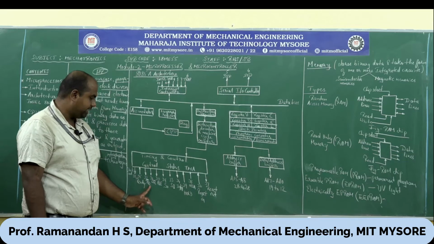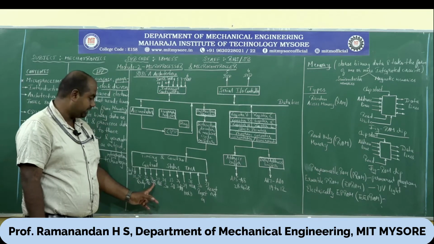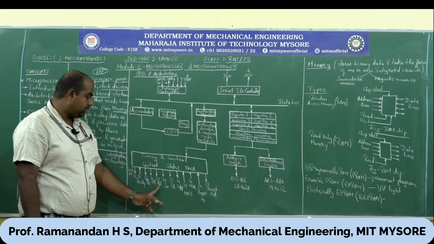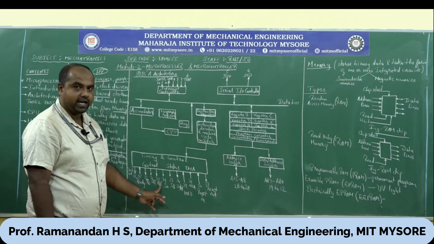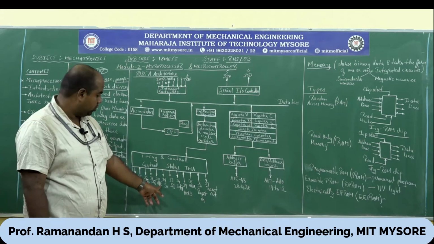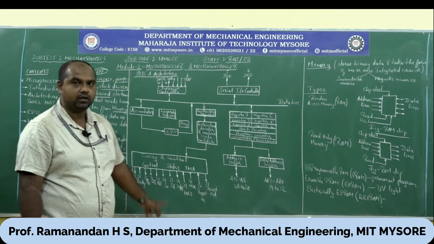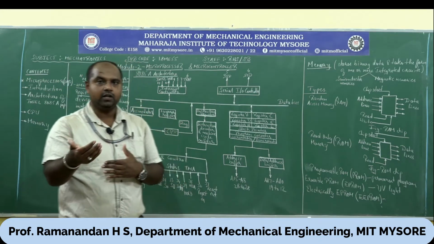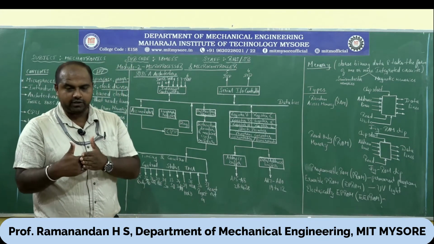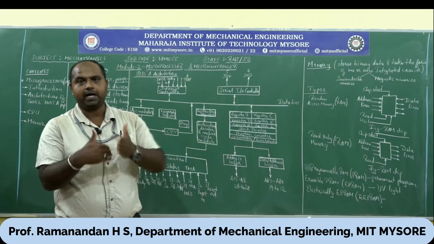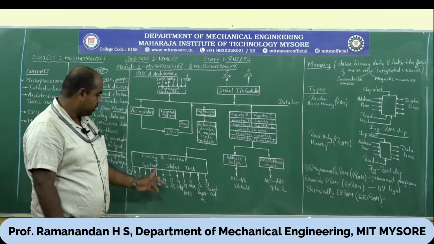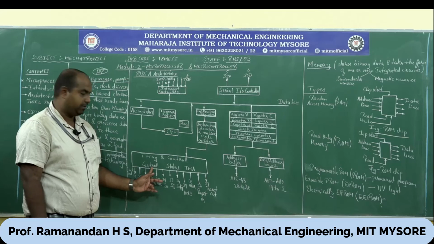For example, read cycle. RD is read cycle, write cycle, clock cycle. You have something called ALE. So this is address latch enable. To lock one activity and go to one more activity, and come back again to the same activity, that is also possible. So all these are nothing but control type of activity.